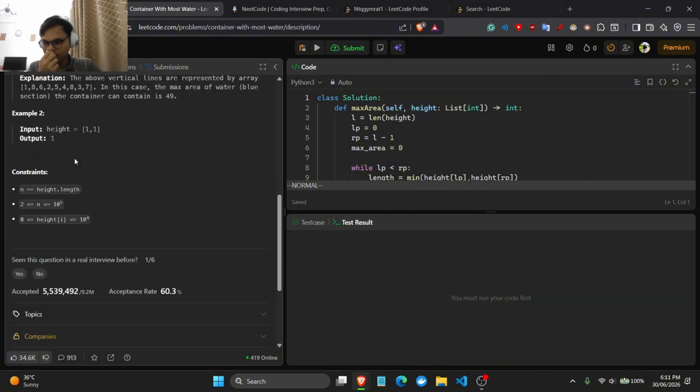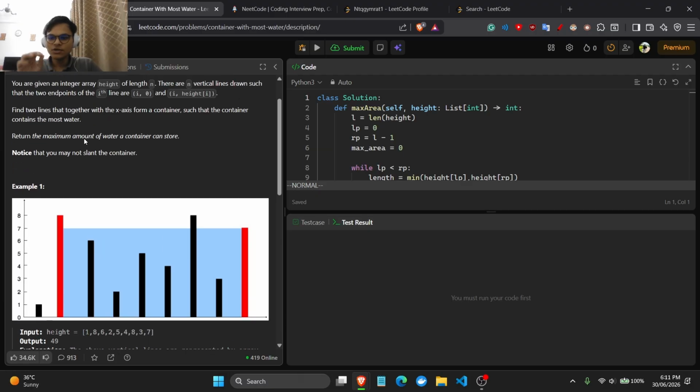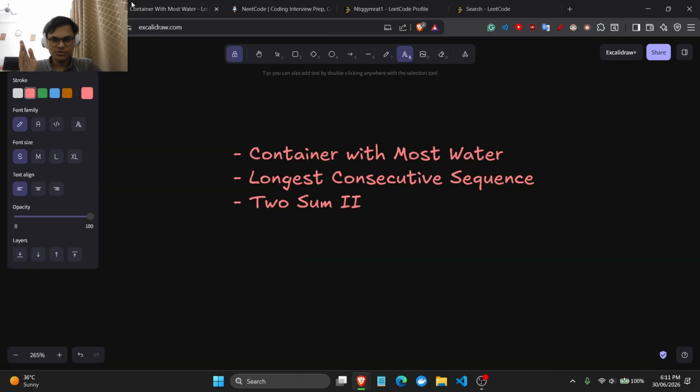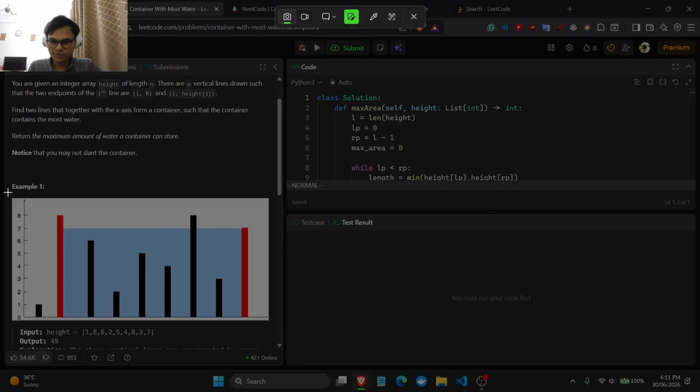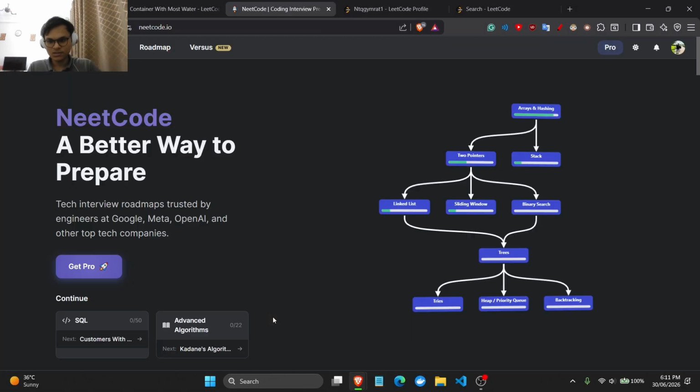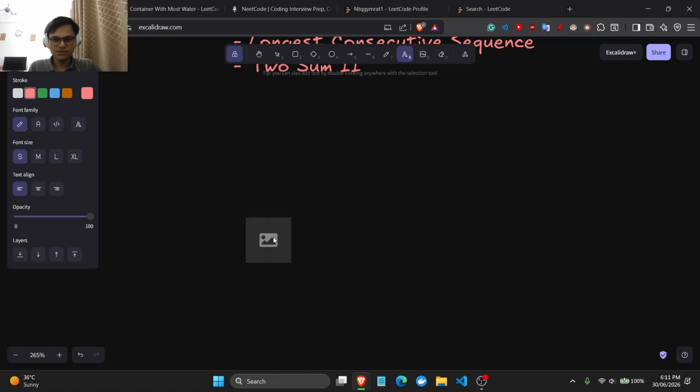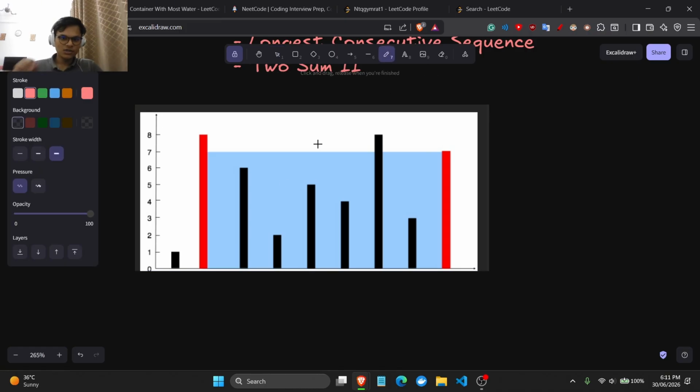So how do you do this? The thing is we use a two-pointer approach. And why do we use a two-pointer approach? Let's understand why. So Excalidraw is the code right over here. We can have one left pointer over here and one right pointer over here. And think about this, because this is randomly assorted, we don't know whether